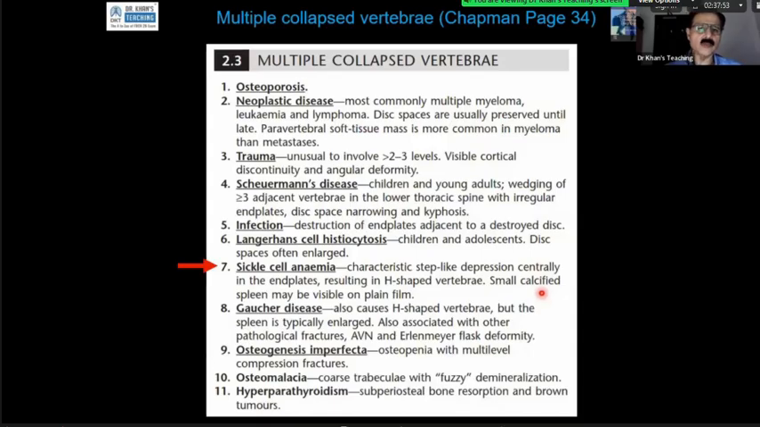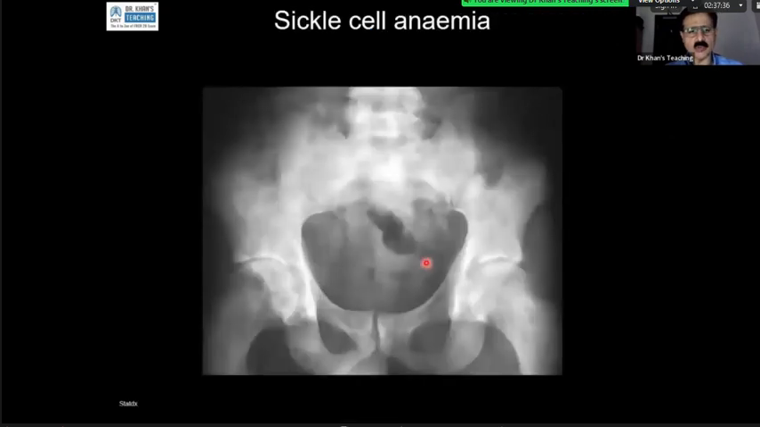In your book, there is a differential diagnosis for multiple collapsed vertebrae: sickle cell anemia, with characteristic step-like depression centrally in the end plates resulting in an H-shaped vertebra. So that is it. Another case of sickle cell anemia in which, if you see the sclerosis, it is more